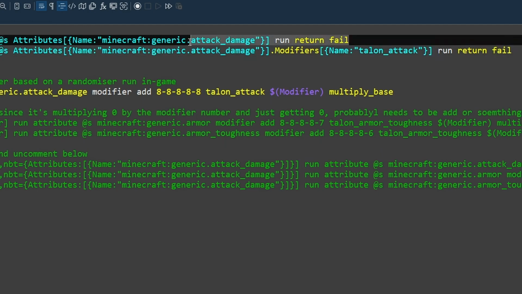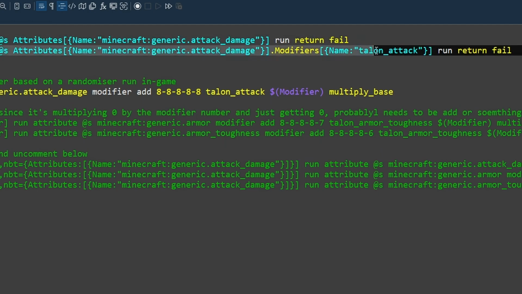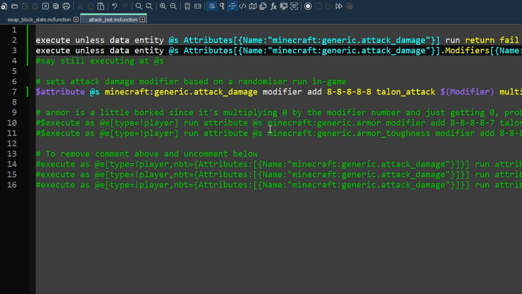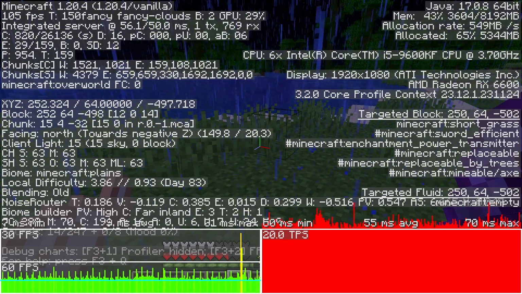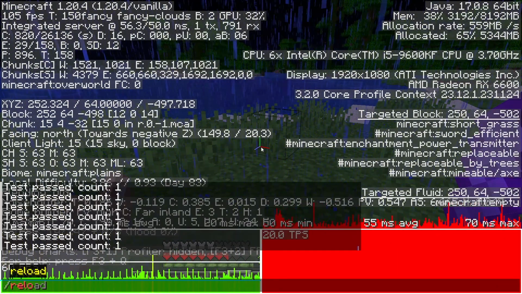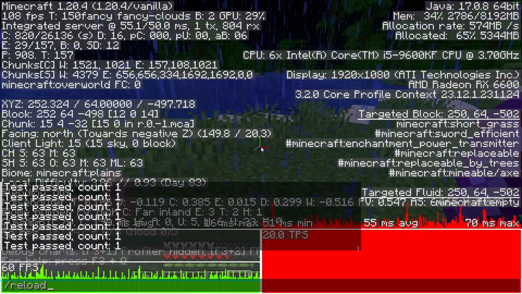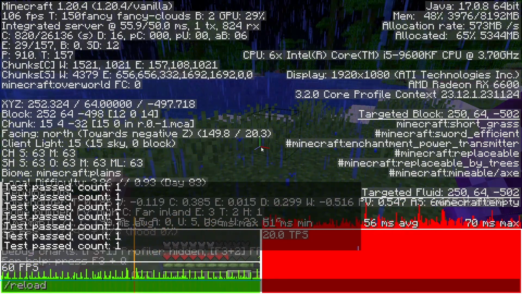So most mobs, like cod, it'll fail. And then let's say it gets to a zombie that has already been statted. It'll find this Talon attack and it will fail. And that, gotta make sure and save, that should cut down hugely on how much we're running this command. So I want to see this real time if we can. We'll see. I don't know how big the effect is going to be, but we'll reload and let's watch that